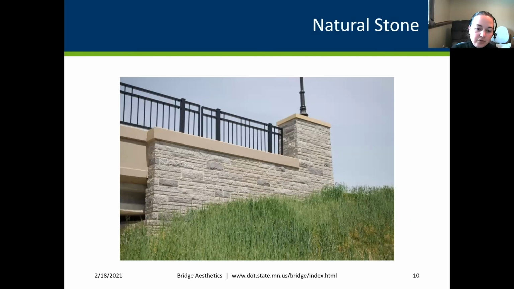Here's natural stone. We do this occasionally. We don't do it often just because it is pretty expensive. This was a perfect example of context sensitive. This is right near a granite quarry, so it made sense. The granite was inexpensive. Of course, I believe they probably lowered the cost for us because this is great advertising for that quarry. So we don't do it often, but we do have some natural stone on our structures.